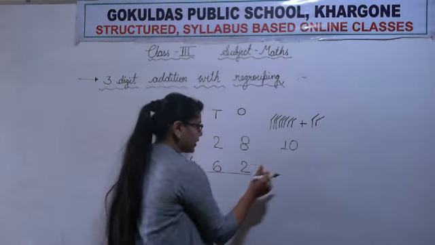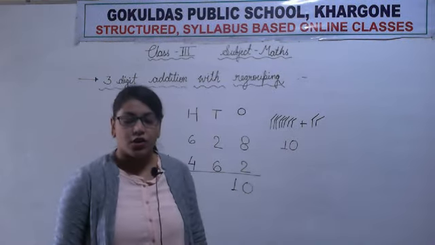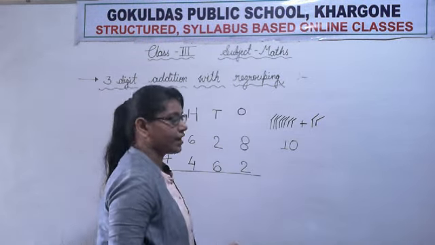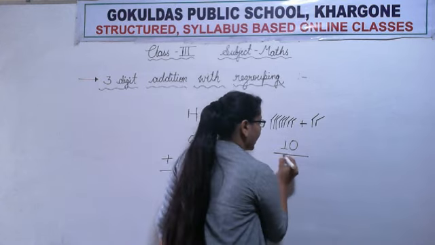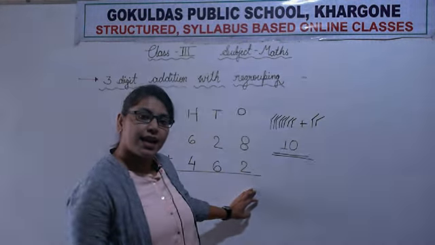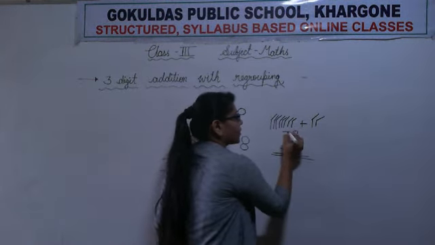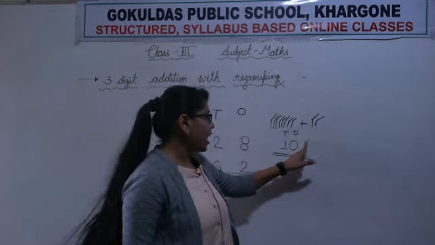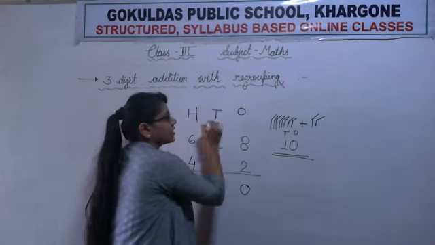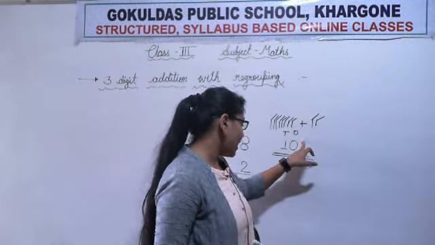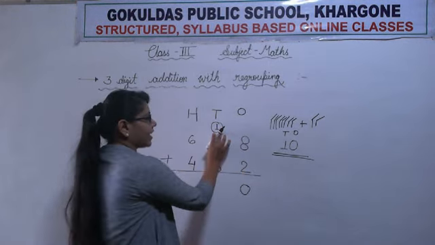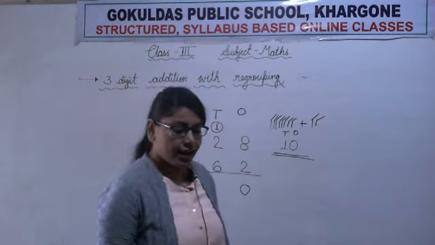So can we write this 10 here? Is it correct or not? Wrong? Yes, it is wrong because we cannot write 2 digits here. So with regrouping, we can only write 1 digit here. In the earlier lecture also, we divided into 2 groups, ones and tens. 1 digit we will write here and the next one we will write here. Because 10 has 0 ones, that is why we are writing 0 here, and 10 has 1 ten. So we will write that one in the form of a carry here.